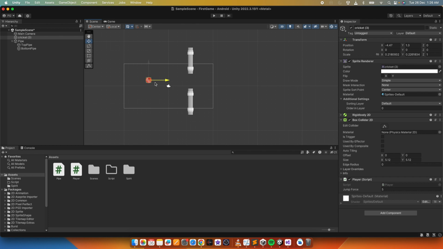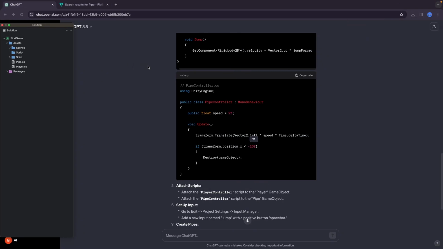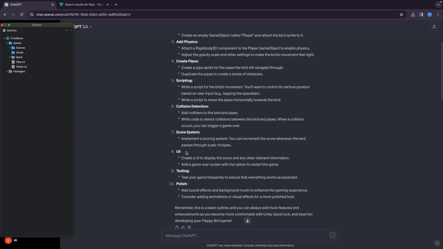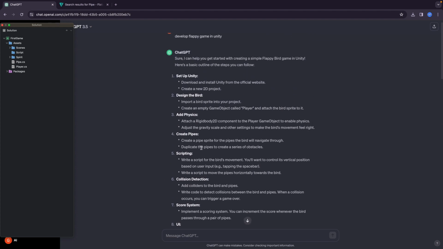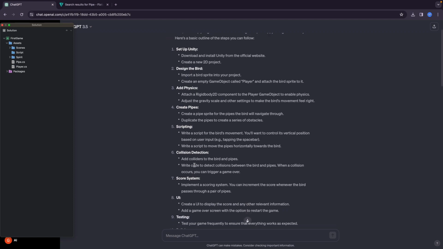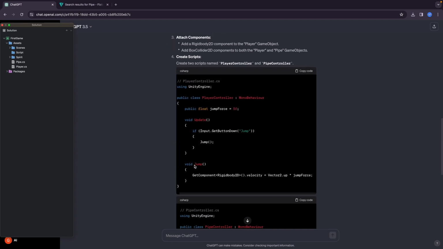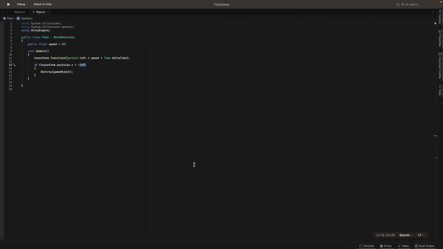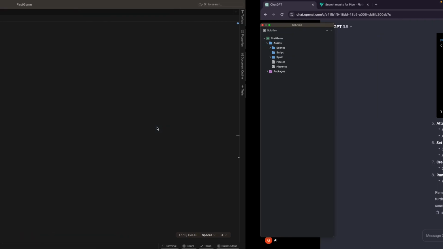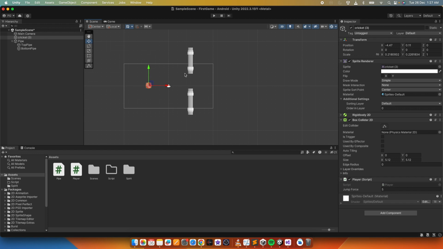Let me pull it a little bit here. Okay. Now I think one thing which is missing is instantiating and spawning the pipes at certain intervals. Okay, so for that,